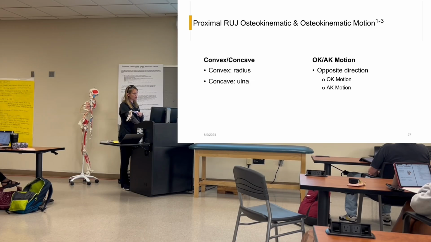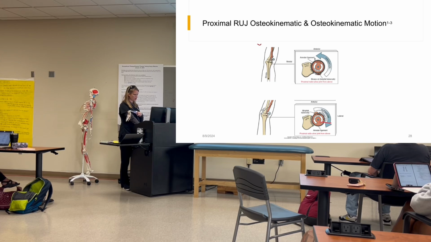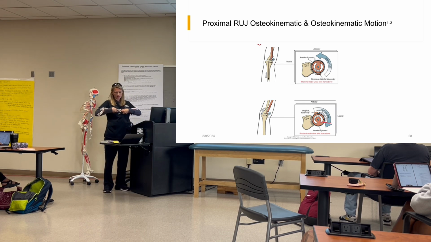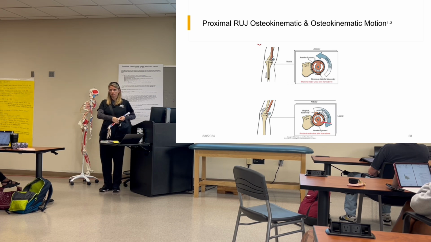All right, proximal RUJ, proximal radial ulnar joint. Okay, so what do we have? We have a convex radius moving on a concave ulna, so happening in an opposite direction. Okay, so with pronation, or supination. So if we have pronation, we have an anterior, you can kind of picture the roll, kind of a counterclockwise roll, but we're going to call it an